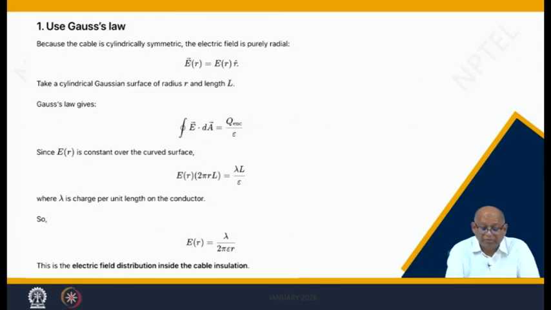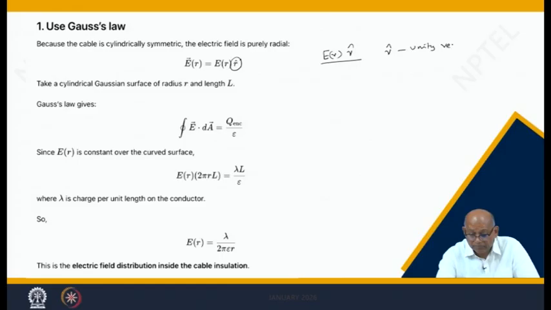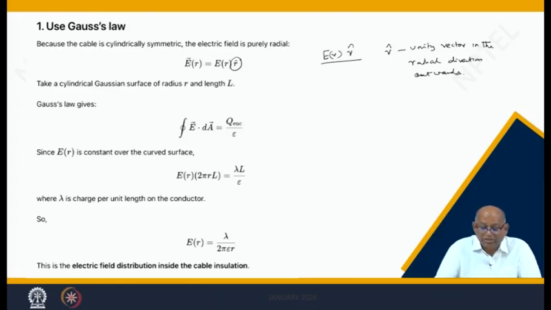So, what is the principle of electric field? It is all radial, therefore, this is the unit vector in the radial direction. So, E is a function of r and the direction is r cap. R cap is the unit vector in the direction of the radius, radial direction outwards. So, Gauss law tells you